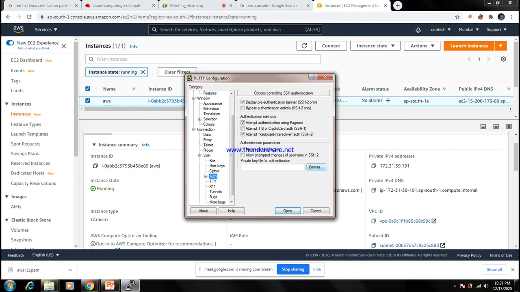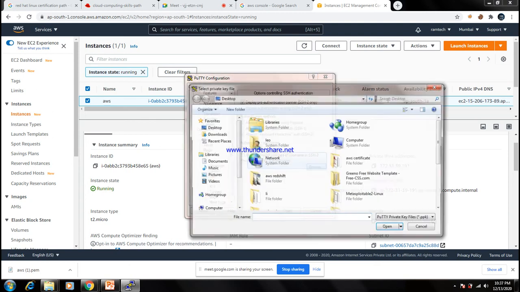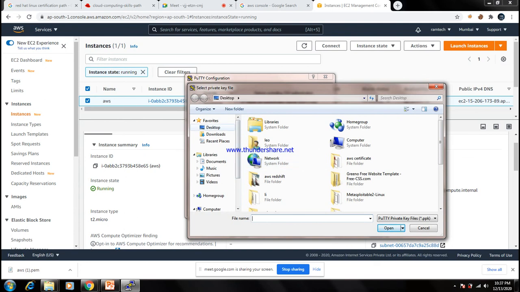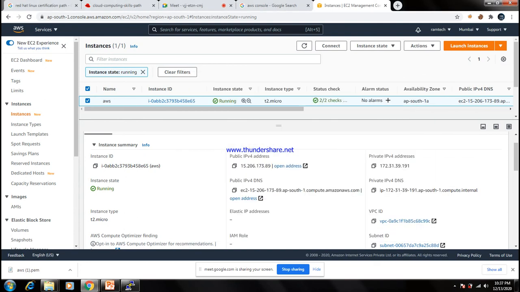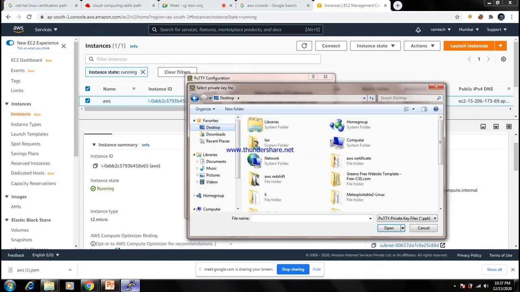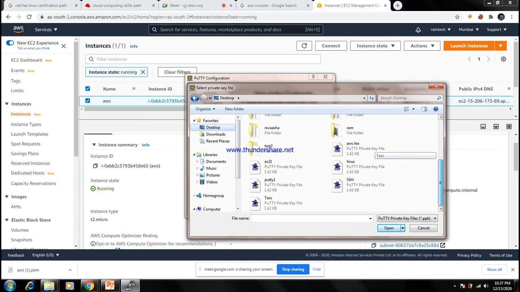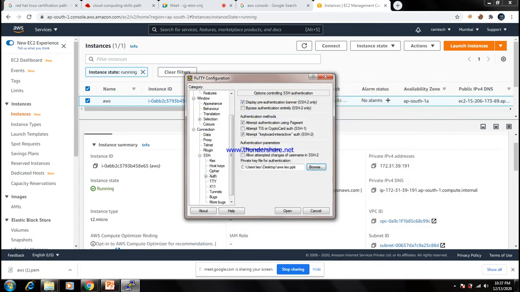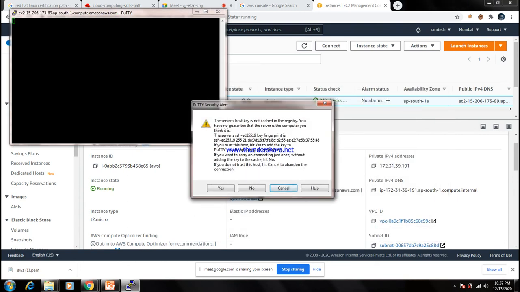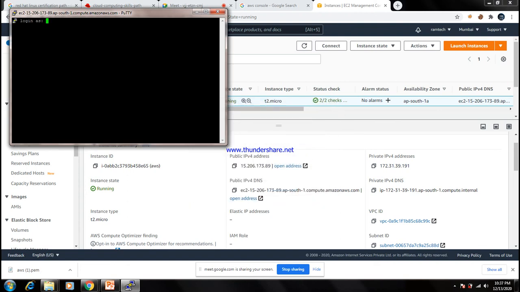Go to Browse, go to the desktop. We have the AWS Leo. Click OK, then give Open. So now your EC2 is connected.